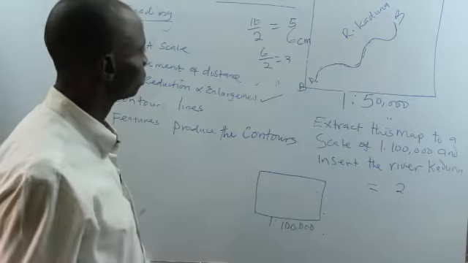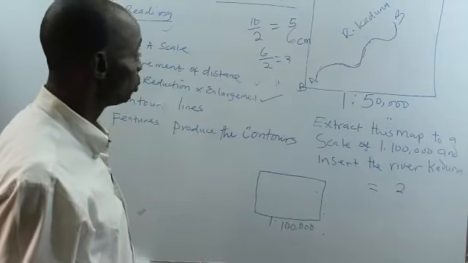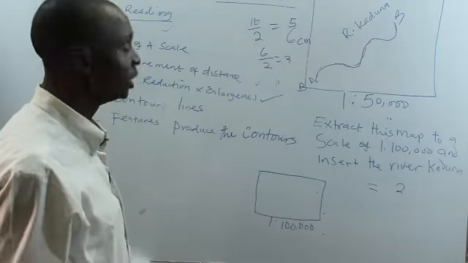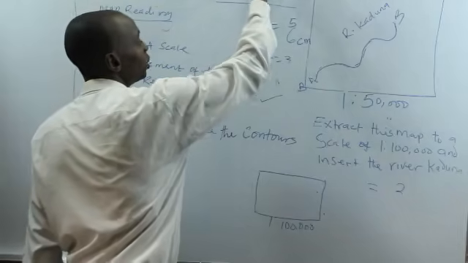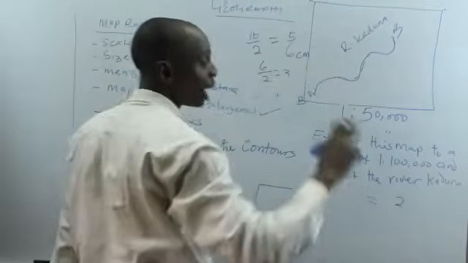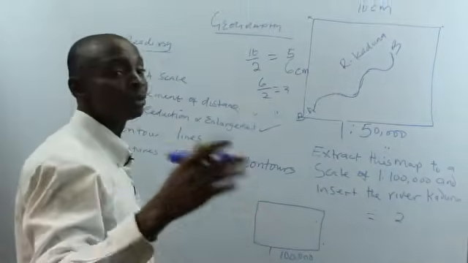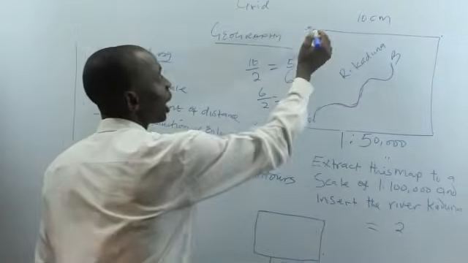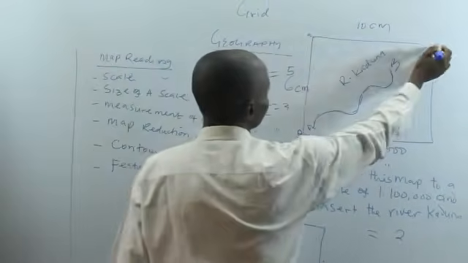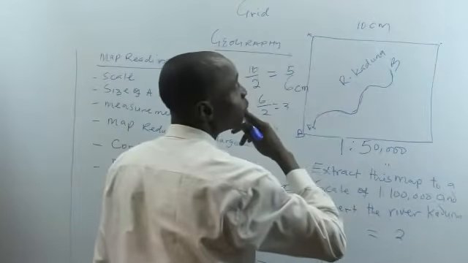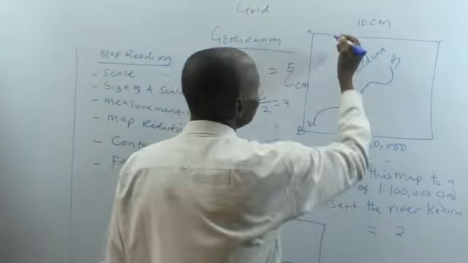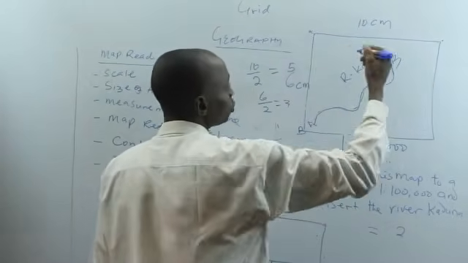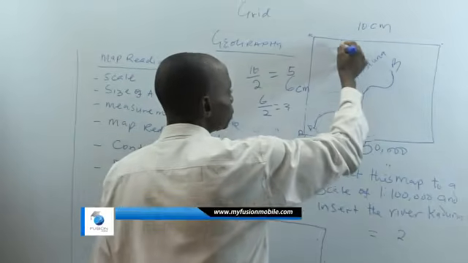There are ways we can do it, but the simplest way is what we call the grid system. You divide your old map into grids. You place your ruler from here to here. From here to here gives you what? 10 centimeter. If you divide the centimeter into 2, you are going to get, this is 1,